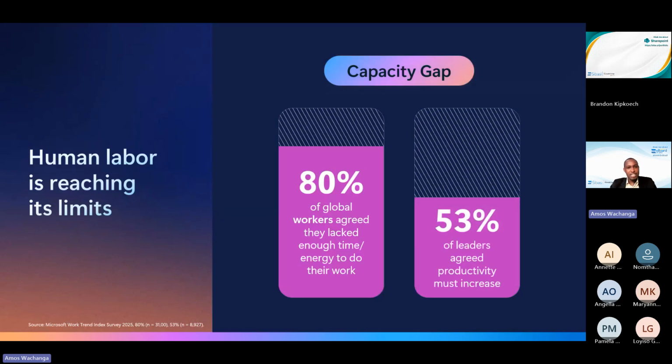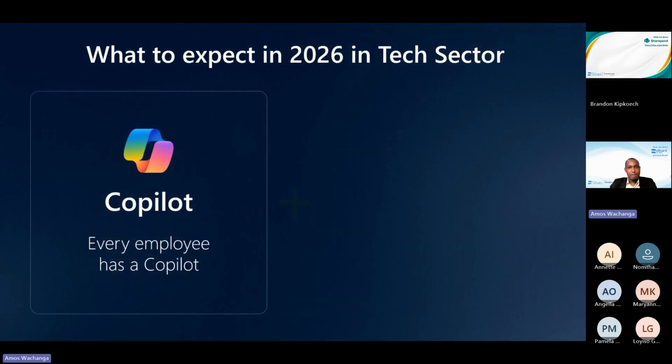One of the things that we have been talking about in 2026 is that research has shown that 80% of global workers agree that they do not have enough time to do everything. Sometimes finding information becomes a challenge, and that also drains your energy when you're trying to figure out where to get certain information that you need. On another side, 53% of leaders agree that productivity should definitely increase. And from what we've seen in the last couple of years, Copilot and these AI tools have come to empower us